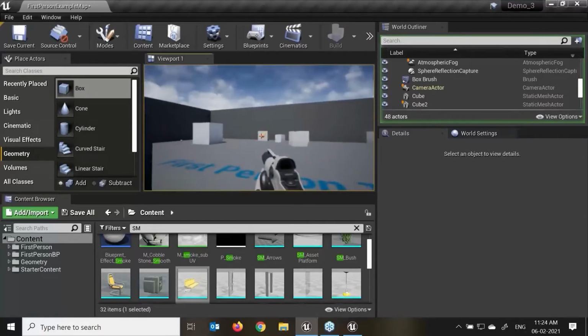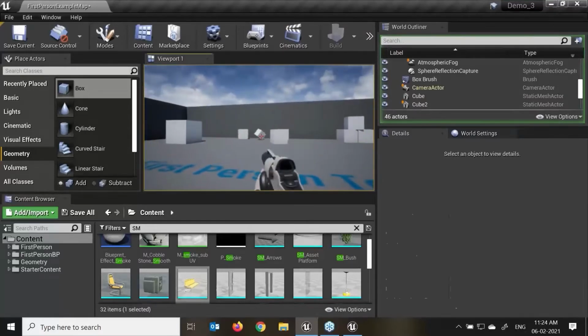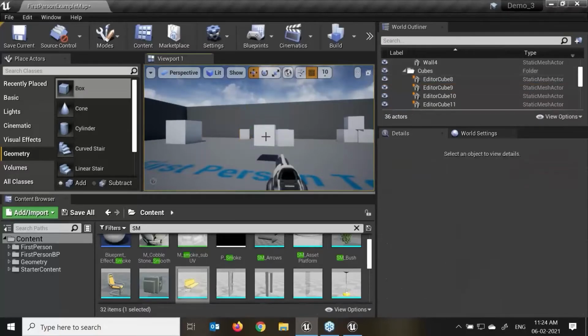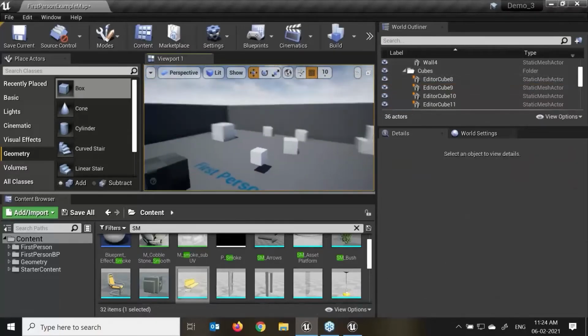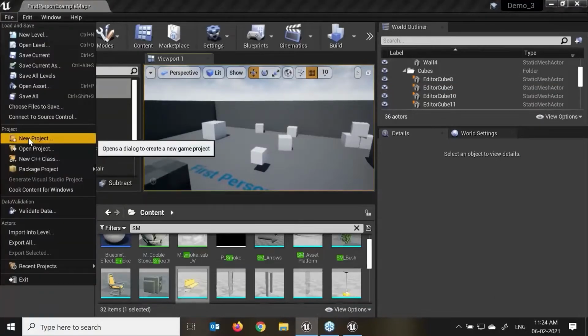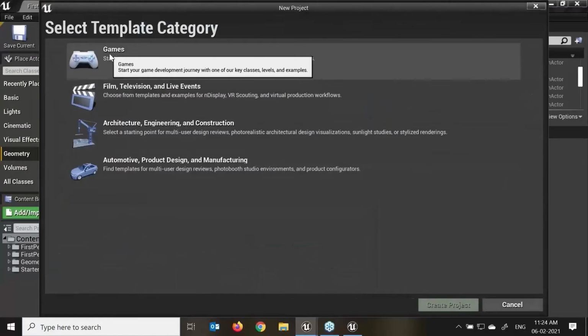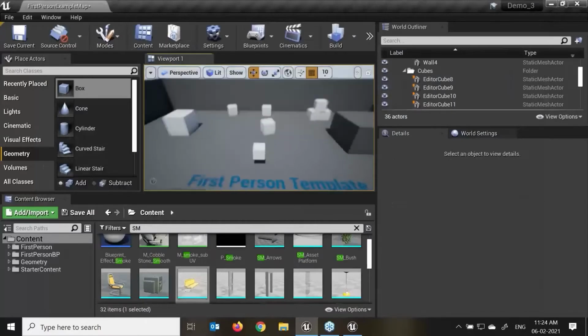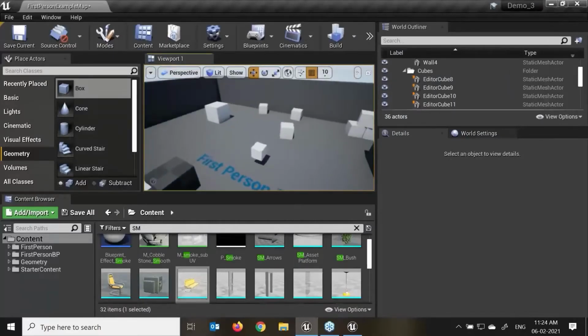This is the static mesh over here again. If I select this object, you will see the linear damping is 0.01 over here. Mask edge is 4.2, just for reference. Now, as an example, this is how I open this project: go to File, Open Project, New Project over here, Games, First Person Game. If you click on that, then Create, this file will get open. This is inbuilt by default in Unreal Engine.